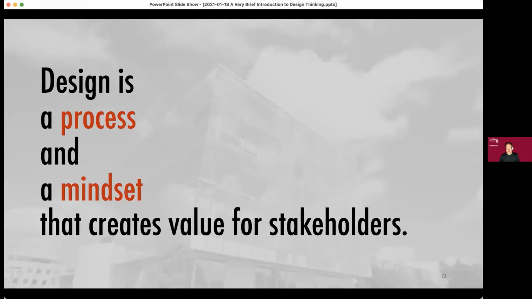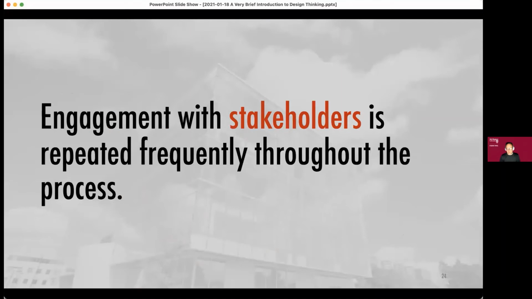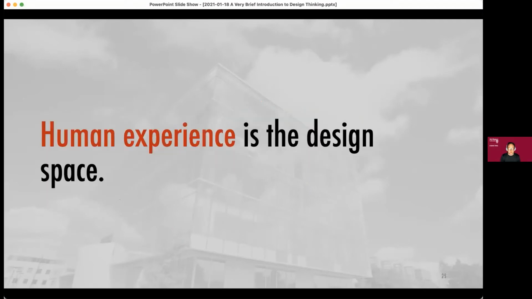And what I show the students is essentially a process and a mindset. The process stuff is easy to learn. Some of the skills are not so easy to learn. And the mindset's a really hard part. How do I see things through the eyes of the user and not through my own? And not just in terms of what they don't like, but rather what their motivations and values are, right? And through this process, when we work in this way, we work frequently with stakeholders, not just once, not just at the beginning, but oftentimes deep into the process, right? Our goal in many of these kinds of projects is to design human experience more so than the device. The device is almost a way of supporting a